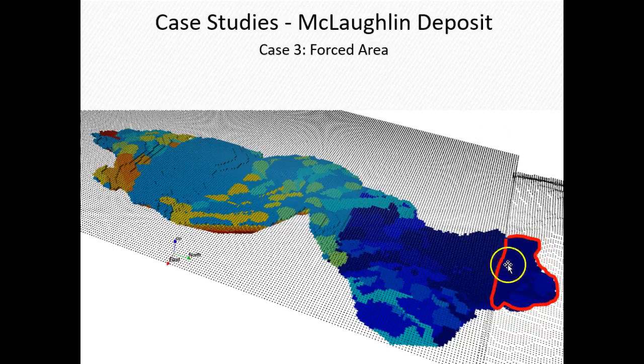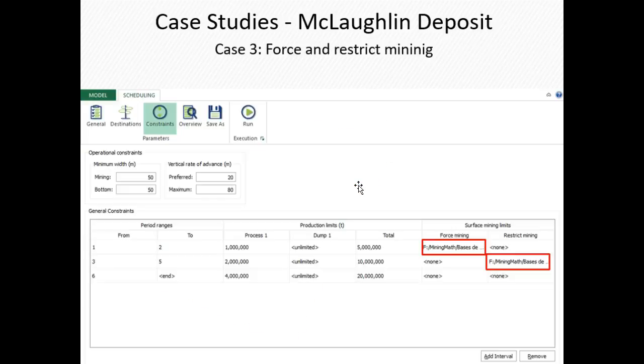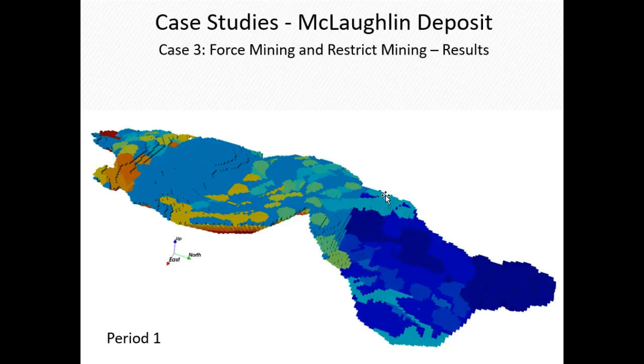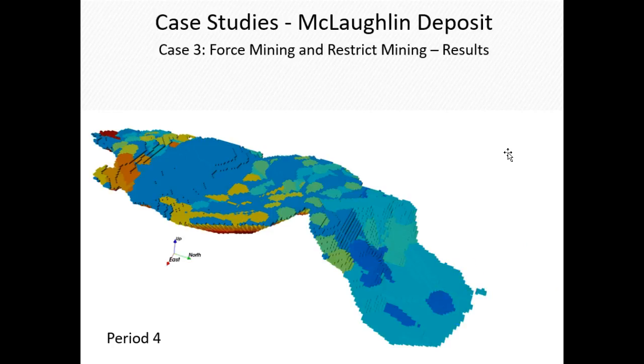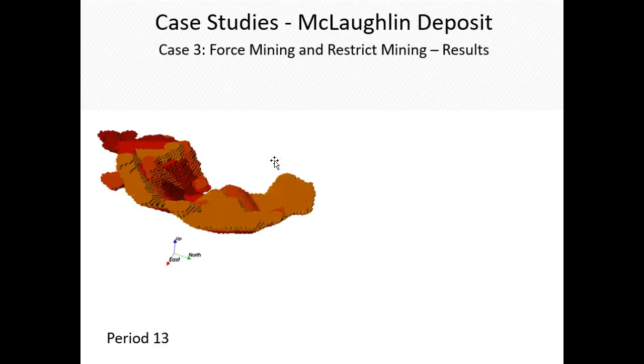In this example, we are forcing this region to be mined up to the end, to the final pit from the base case. You keep the same constraint as before for period 5. And here we are forcing up to period 2, this area should be mined, should be depleted. And when we do this, period 1, 2, notice the area was mined, 3, 4, 5, the other was not touched, and then we keep going.